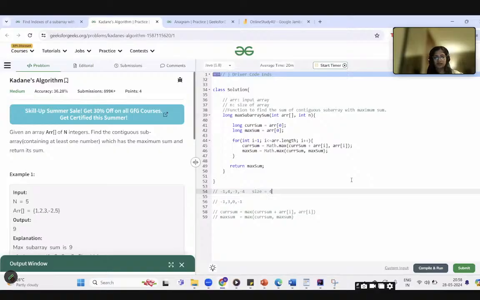Sarah said that before kickstarting DSA, knowing the basics of coding is enough. Okay, Sarah, we will take your feedback into account. If you have any particular topic from the syllabus which you want to cover, please let us know, and we can do that. Also, I will try to cover Java basics through these questions, so don't worry about that.